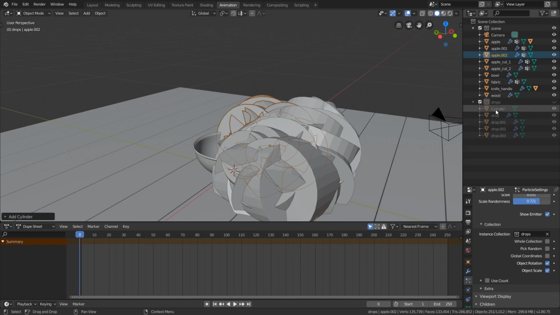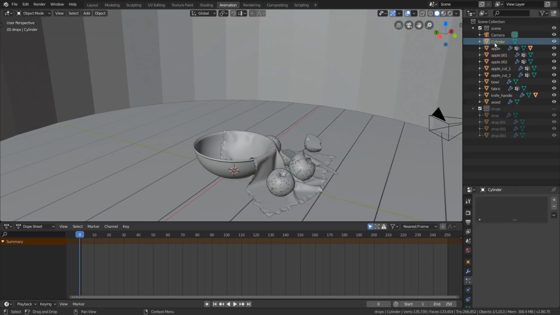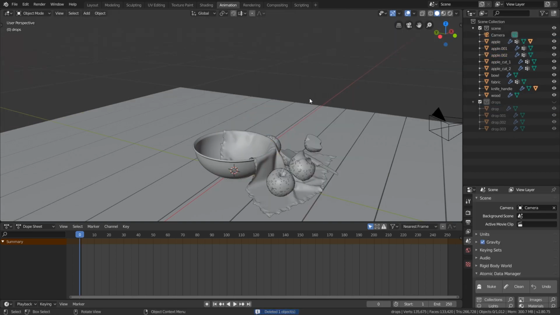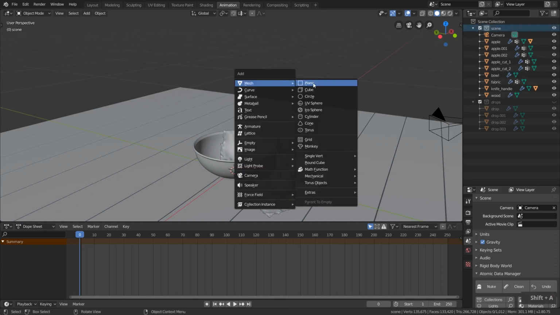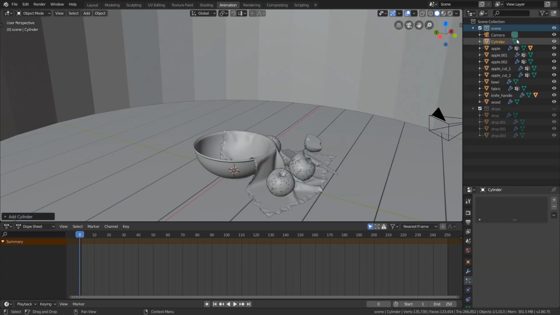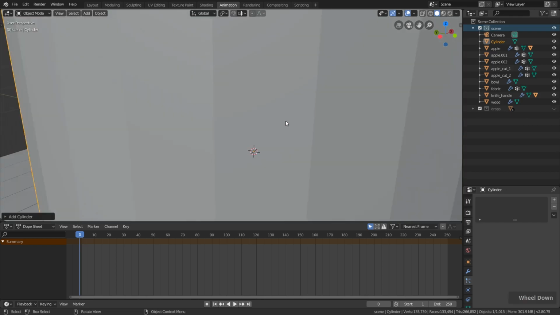So what we need to do is to simply drag and drop this cylinder out of this collection. Let's delete this cylinder once again. And in order to not add this to this collection, we simply select this collection up here. Hit Shift A, go to Mesh and add a cylinder. Now you can see this was added over here, and since this is not connected to any particle system, we